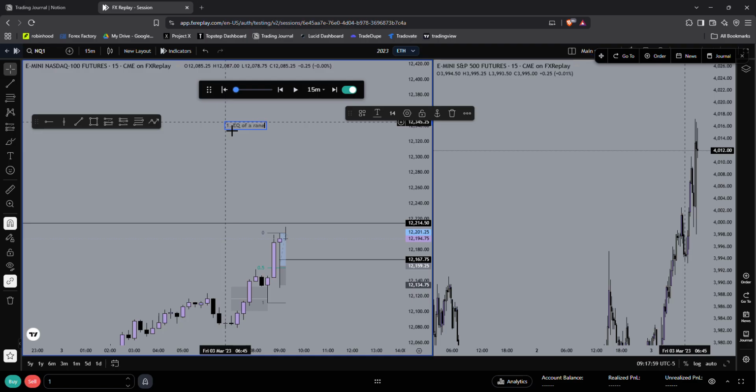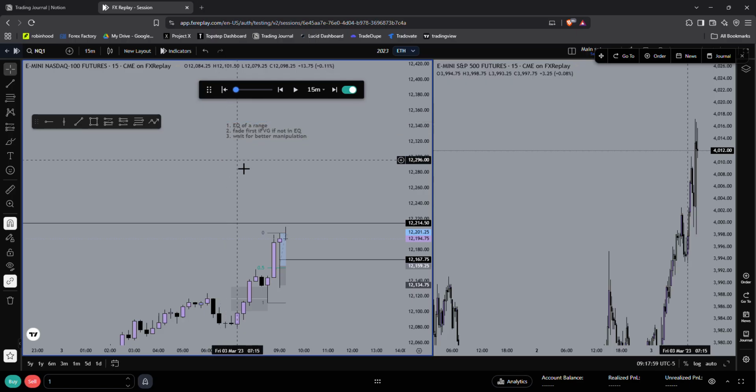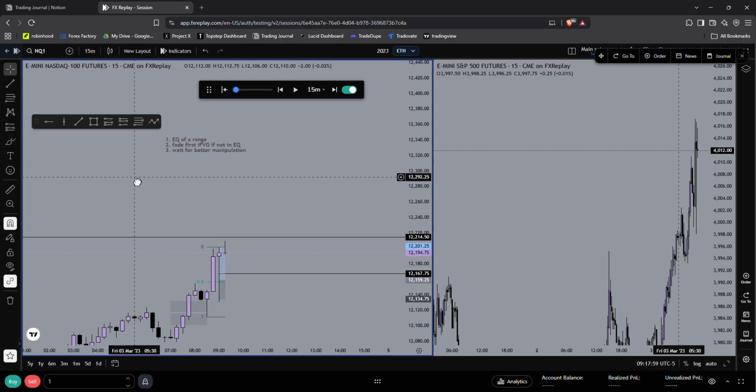a range, and then I was fading the first inversion. Fade the first IFUG outside of EQ, fade the first IFUG if not in EQ, and then 3, wait for better manipulation,